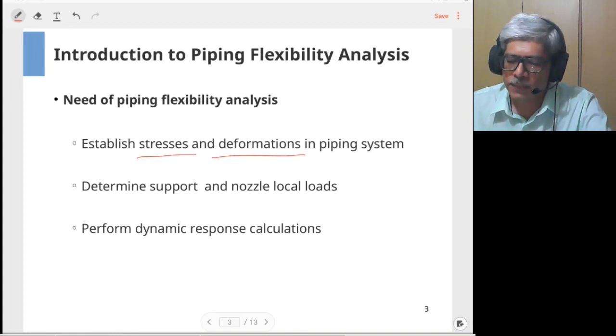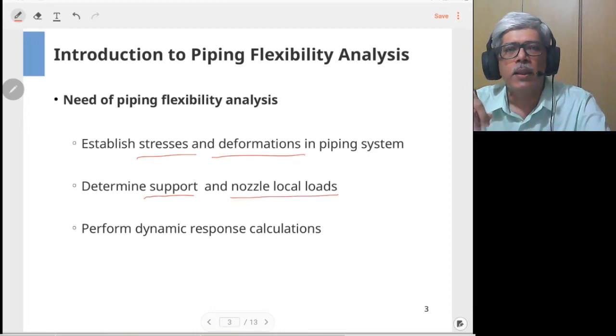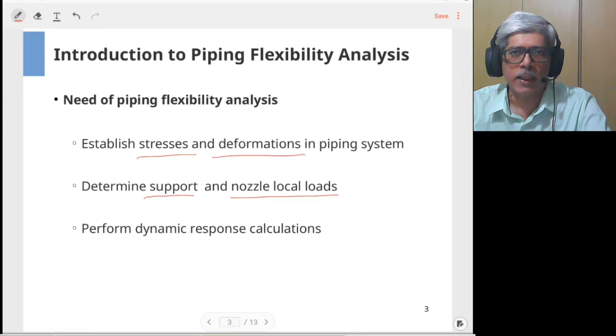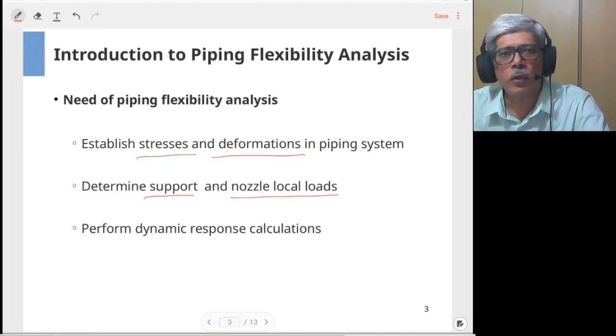Secondly, it gives the loads at all the supports and wherever the piping is attached to vessels. So at those points, what are the loads in terms of forces and moments acting at the support locations that you have decided based on the guidelines which we discussed last time? We will know what the reactions are at those points. So one can adjust the support locations in order to get the optimum points in terms of stress, deflection, as well as the support reactions. That is the second part.